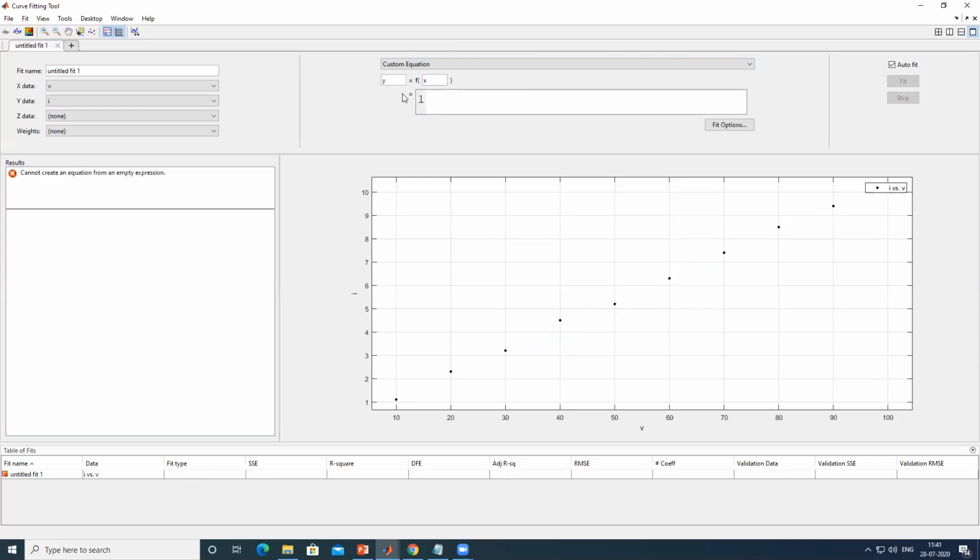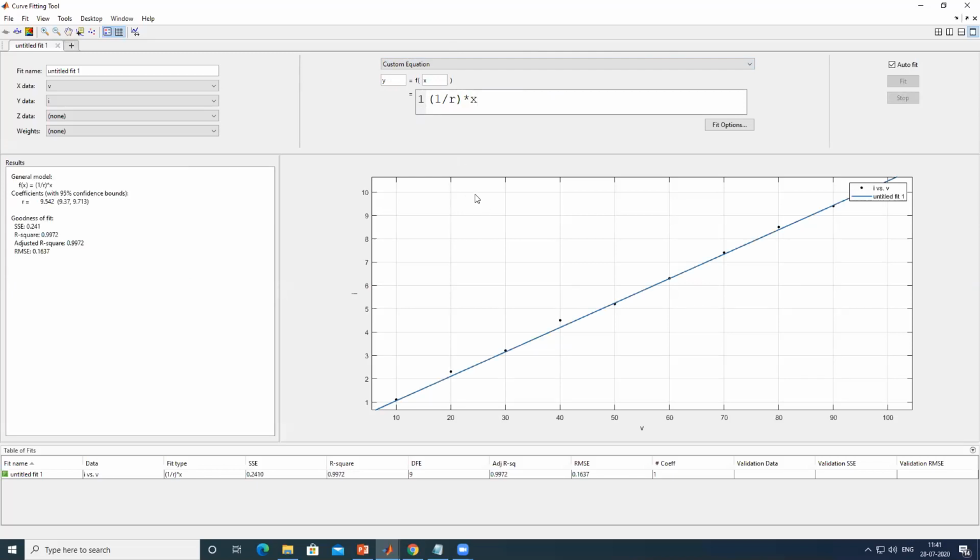The general equation is in the format y equals some function of x. We know that x is our voltage, and we want to find the value of R, which is 1 divided by R, in brackets. This should be multiplied with x.